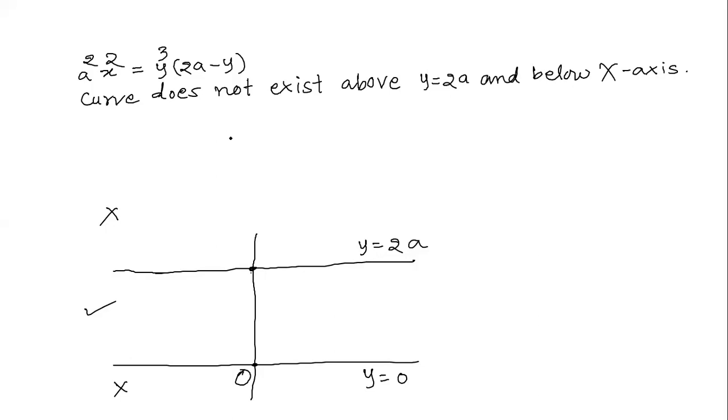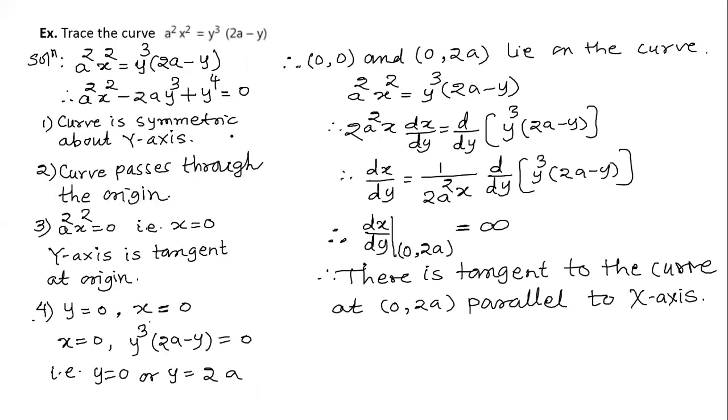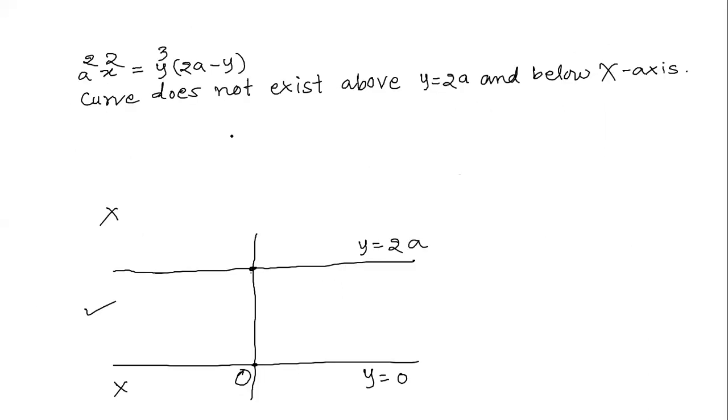After that, the next thing is what is to be done. As we have seen in one of the properties, property number 7 was to put y equal to 0 to get the x intercept. So here we have done exactly the opposite thing. We have put x equal to 0 to get the y intercept. So for x equal to 0, we have obtained two values of y. Accordingly, we have 2 points: x equal to 0, y equal to 0, which is one point, and the second point is x equal to 0 and y equal to 2a.